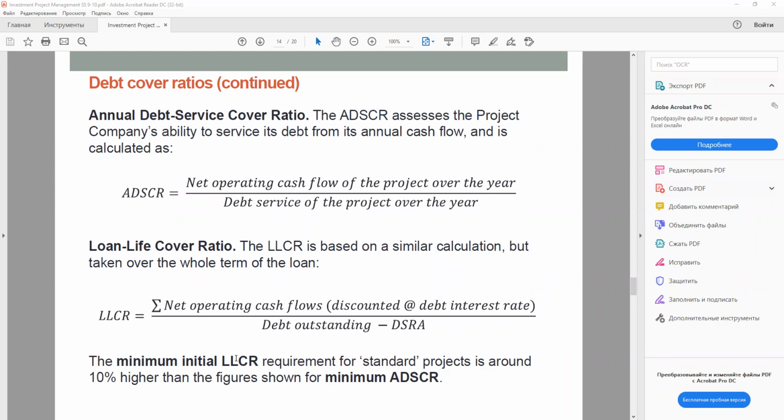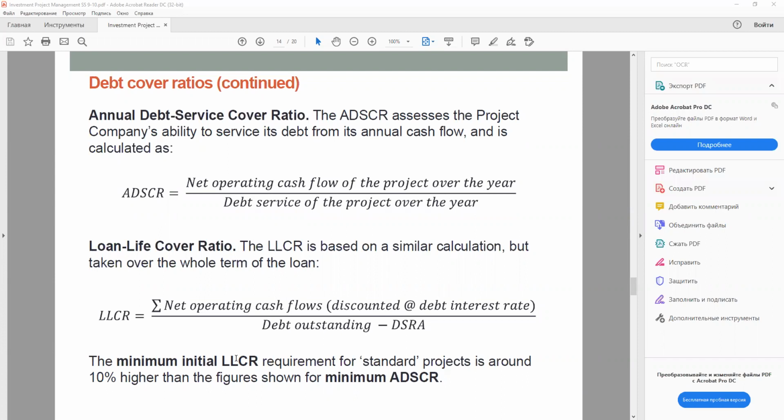This is achieved by ensuring that the project agreement runs for a period of X years after the scheduled final debt repayment date, so providing a debt tail of X, during which the cash flow continues to provide the lenders